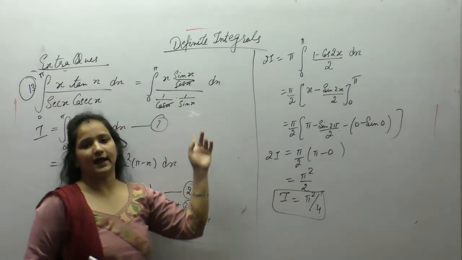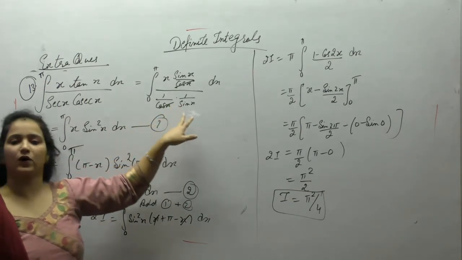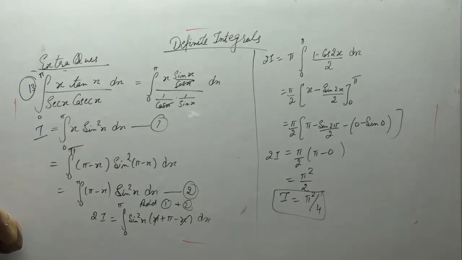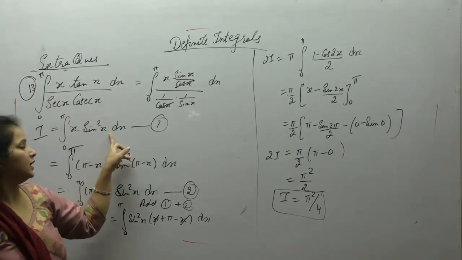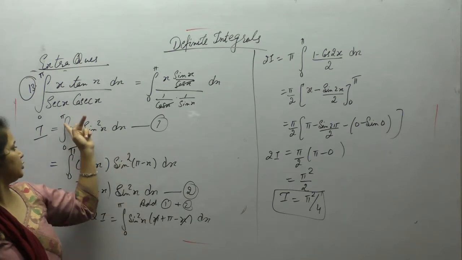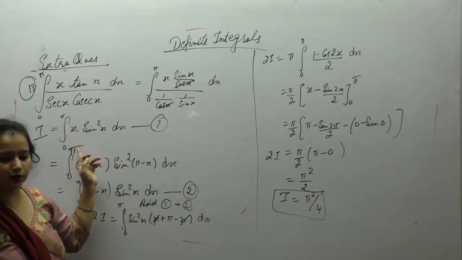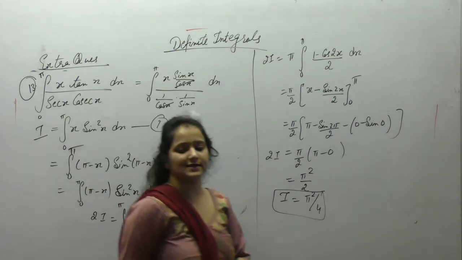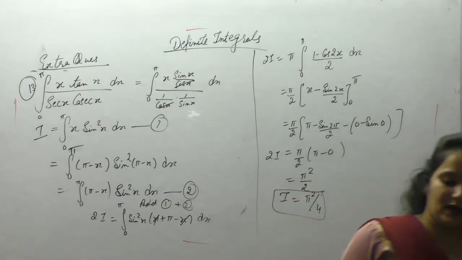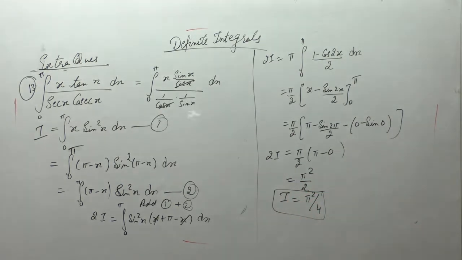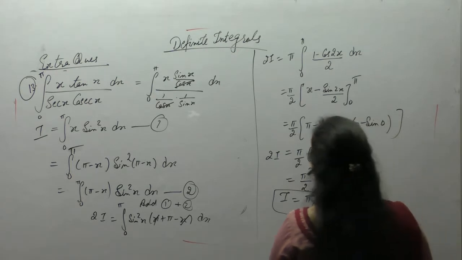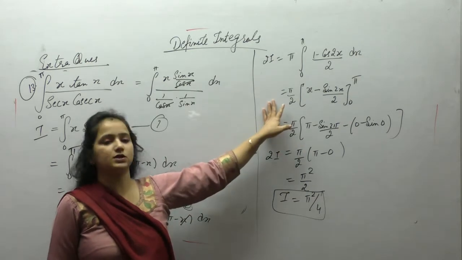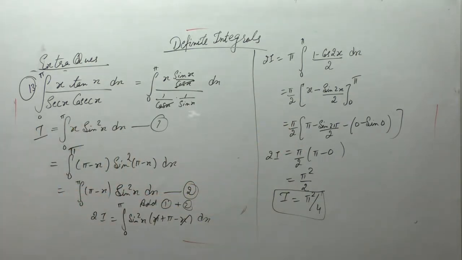सबसे पहले tan को sin upon cos, sec is 1 upon cos and cosec is 1 upon sin. जो कैंसिल होता है उसे कैंसिल करने के बाद हमारे पास ये टर्म बची. Now we use the property integral 0 to a f(x) dx is equal to 0 to a f of a minus x dx. Sin pi minus x is sin x, so sin square x, and after that put the value of sin square x is equal to 1 minus cos 2x upon 2 and solve the integral.